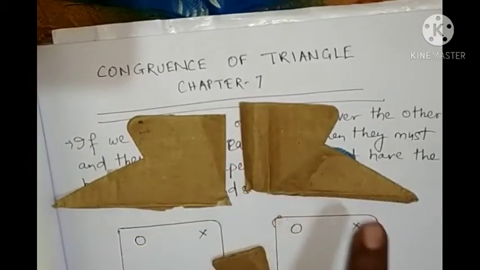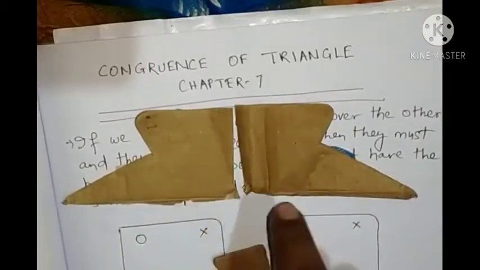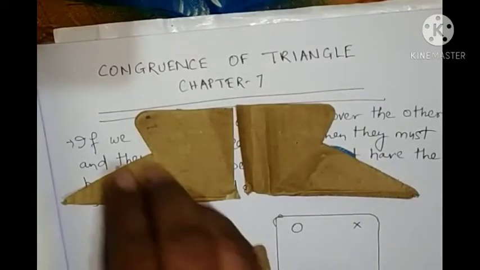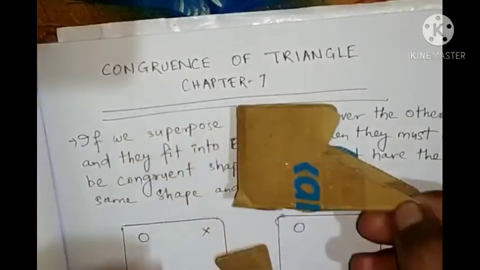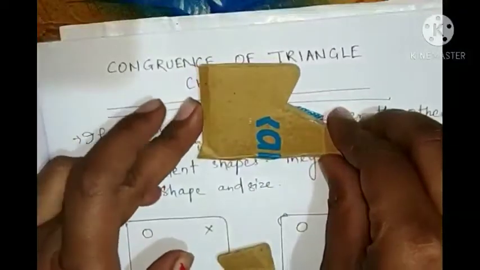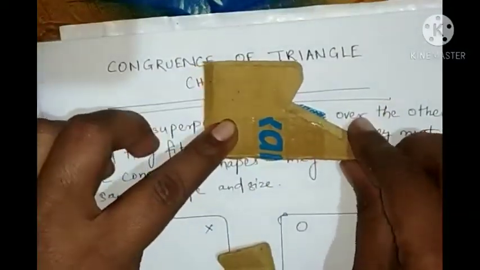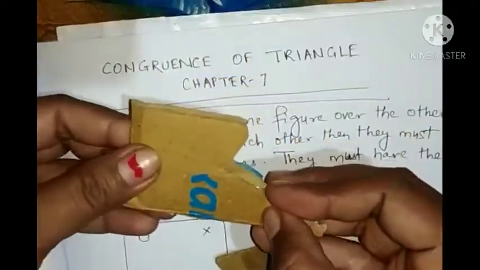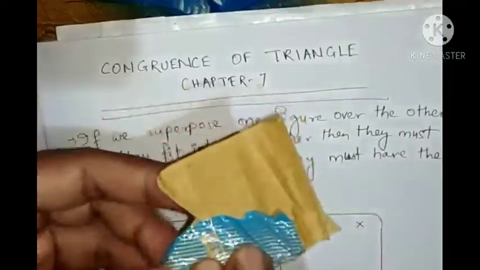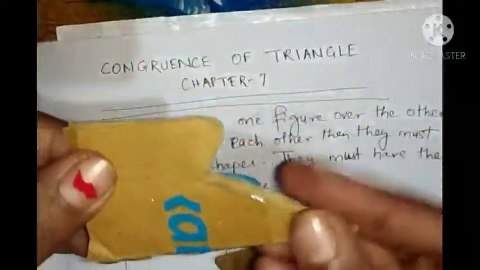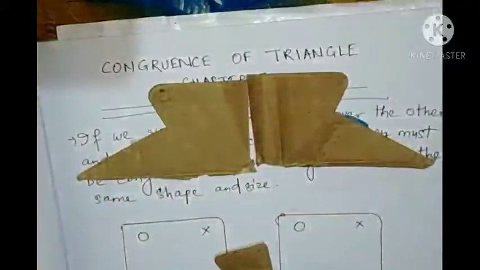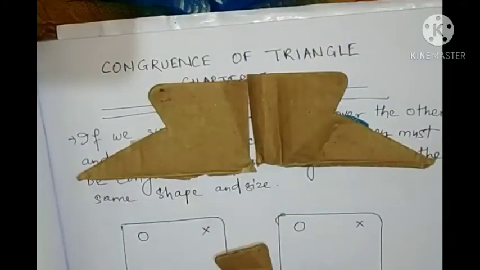Okay. So here you are seeing two things. These two shapes, look at here. Are they exact copies? How will we know? If I keep one thing above another, then it will set on the other. By keeping, it will exactly set on one another, so by this we can see that these two are exact copies of each other. That's why these two shapes are congruent. Okay, and this property is congruence.